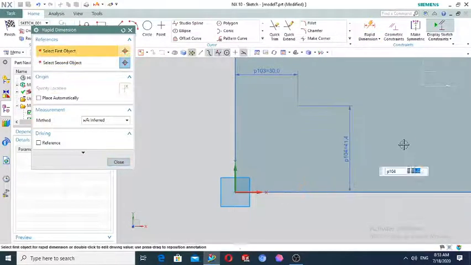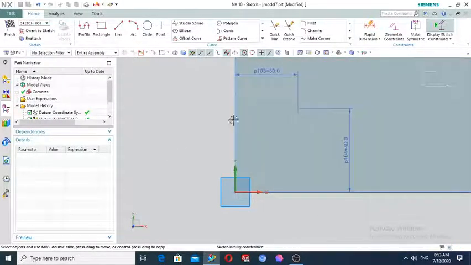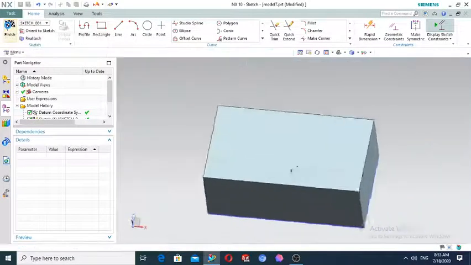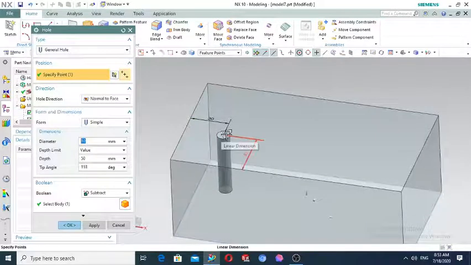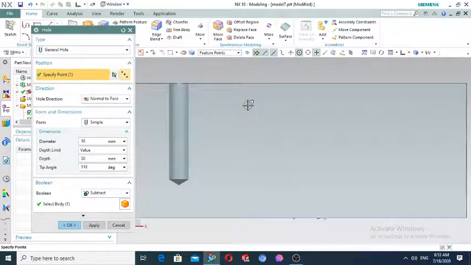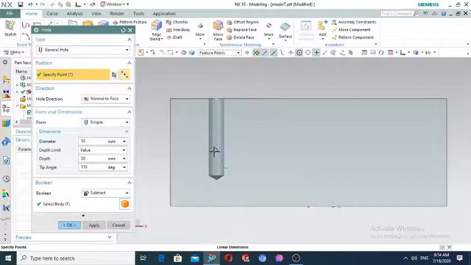and for example 40 millimeters from this side. We defined the position of the hole and press finish. So from this point the hole is created. It is the simple hole. That simple hole, let's see from this side. You see it is the simple hole, and we can define its diameter, for example 15, and we